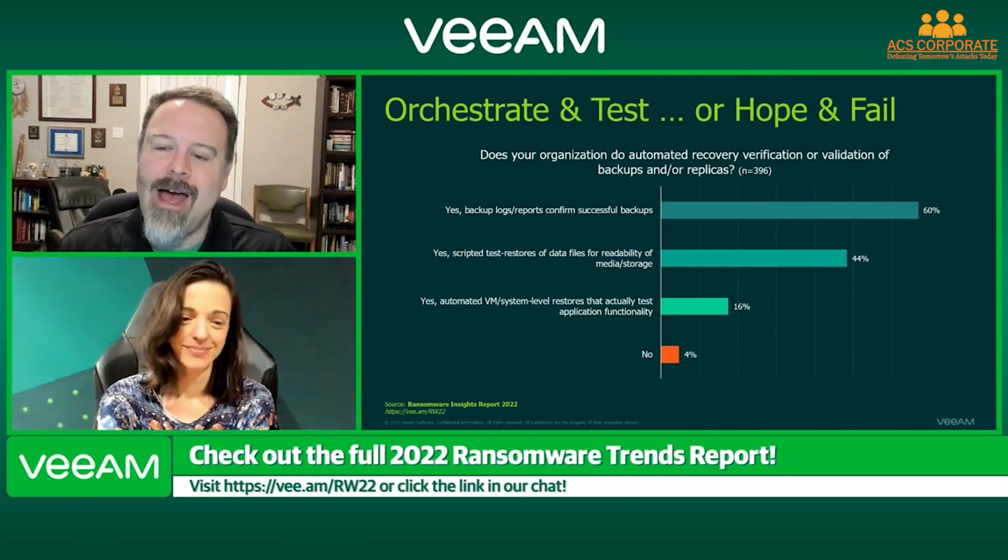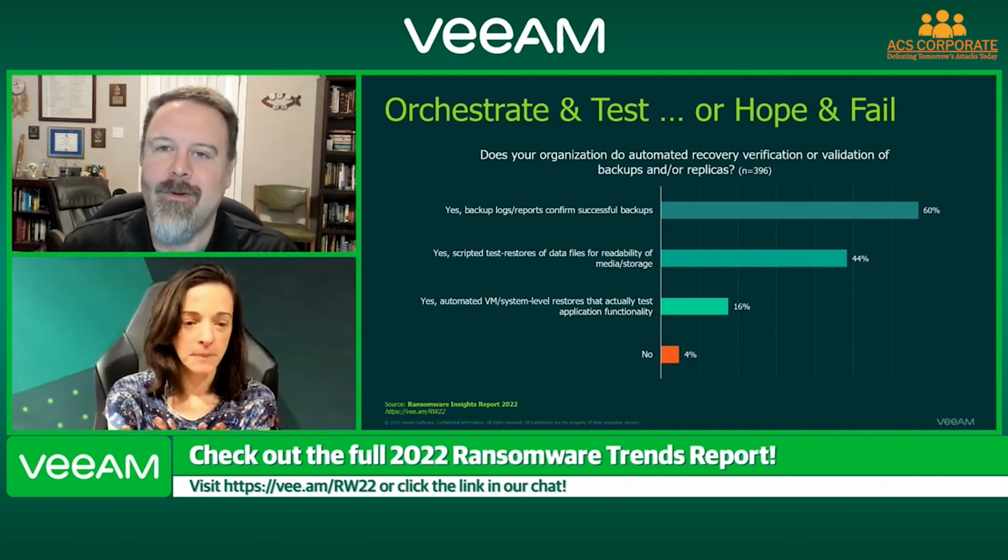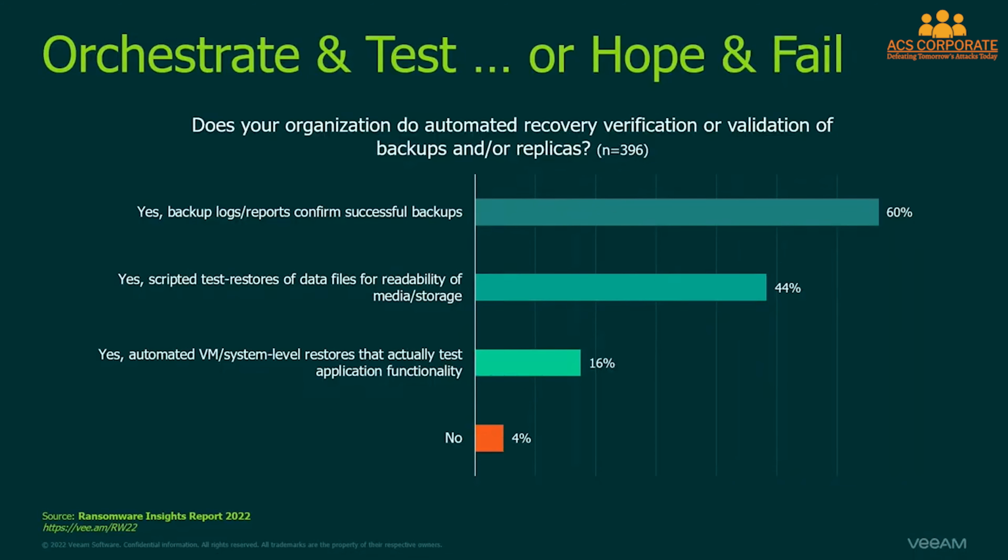Here's one of the things I think was most interesting: when organizations were asked, are they ready? How do you know that you're ready for anything? You test. So I want to get your reaction to this, and then let's nerd out on it for a minute. Okay, so 60% of people are confirming successful backups. That is better than nothing, but that should be 100%. I'm sorry, if your backups aren't working, you've missed the boat. If you like that data, you should have backed it up, because you can't recover something from ransomware unless you've protected it first. So 60% of you, good job. 40% of you, go check your backups right now.